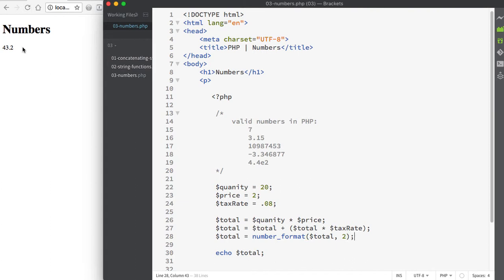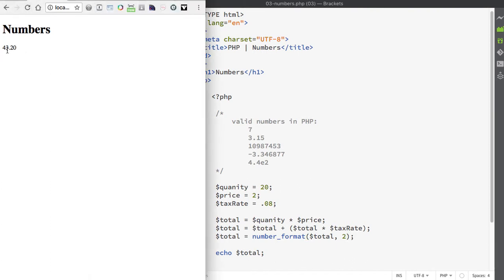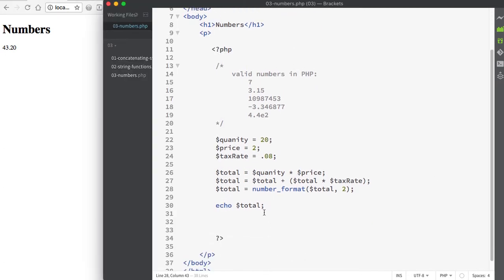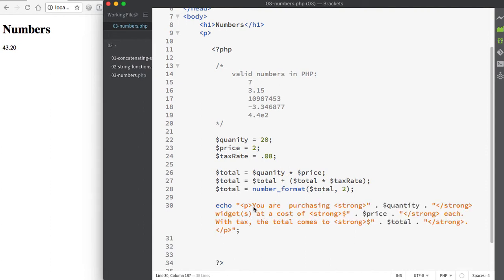So if we save now, our number is going to be 43.2. And finally, we could also echo this in a more user-friendly way. So if we take echo and we print a paragraph tag and put some sort of message. So you can see what I have here. I'm going to create a paragraph. I'm going to have some